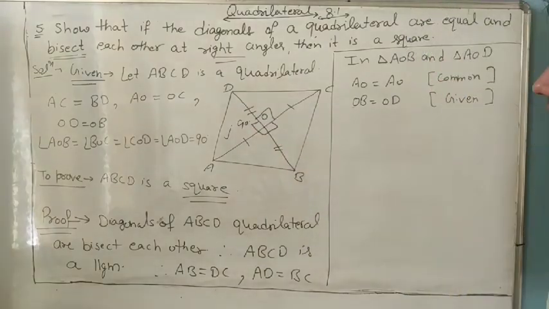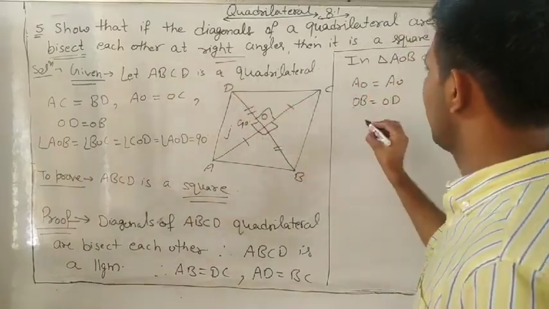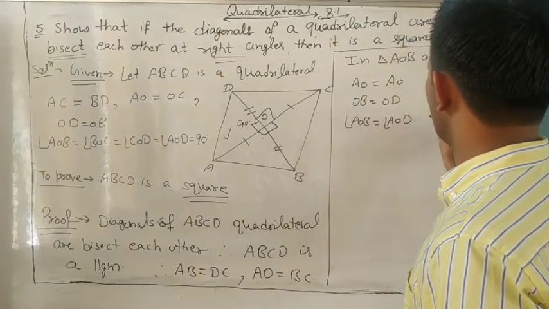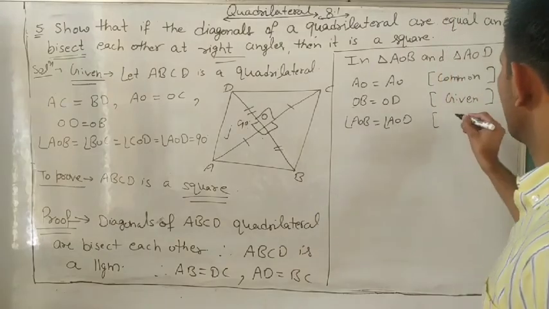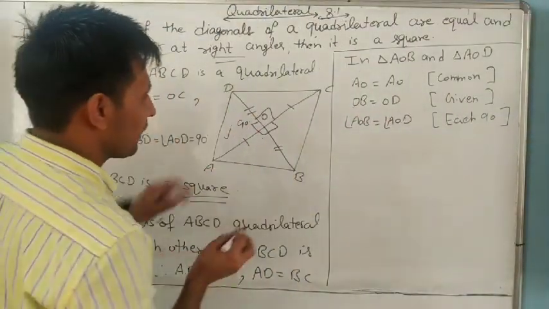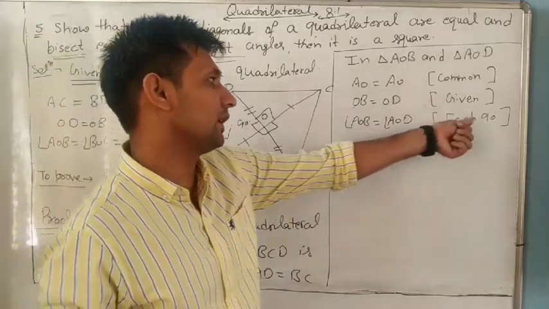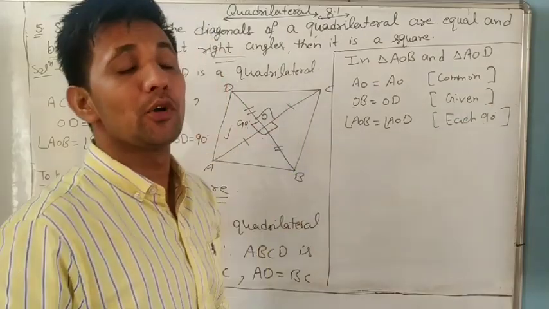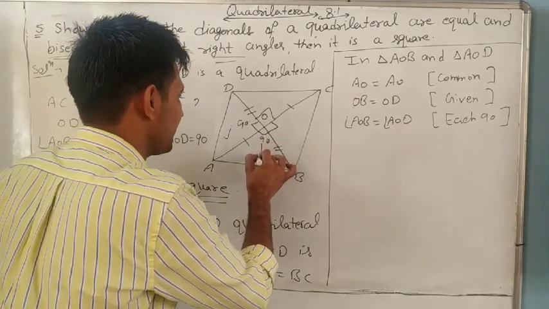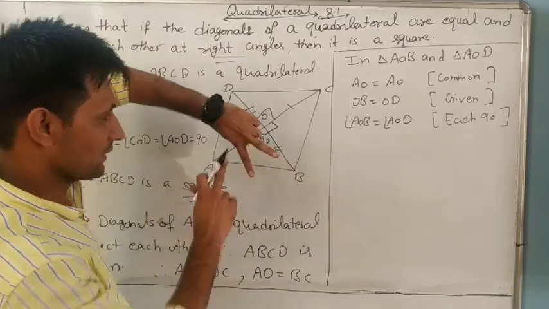Next, which one? Yes, this one is 90, this one is 90. Already given in the question. At right angle 90. So angle AOB equals angle AOD, each 90 degrees. So it means these two triangles are congruent by what property? Side, angle, side. Don't say RHS. You will say, sir, one is 90. RHS means hypotenuses are equal, and the hypotenuse is always opposite the 90. The opposite of 90, which side? AB, and they are not given equal. That's why side angle side.